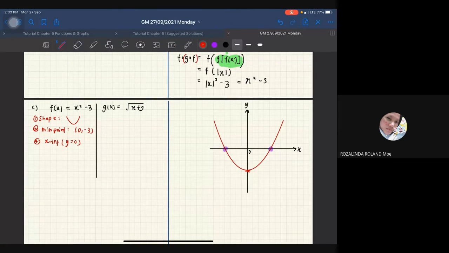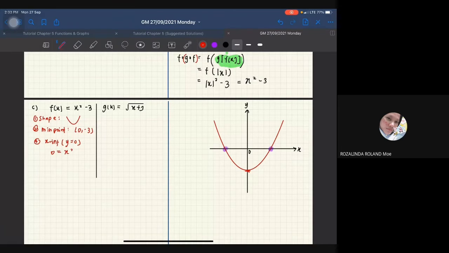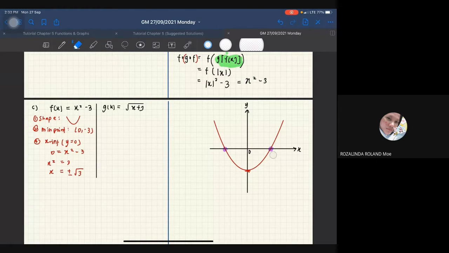Okay, so awak ada kosong is equal to x square minus 3. Okay, and then you have x square is equal to 3. So x is equal to plus minus square root of 3. Okay, so the values of your x-intercept will be, sekejap saya padam dulu. Okay, so values dia adalah,